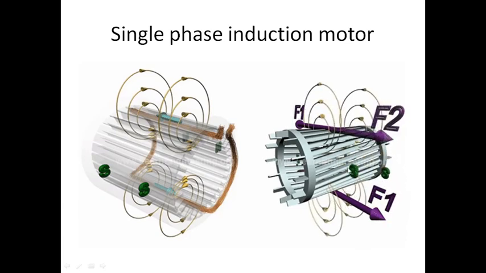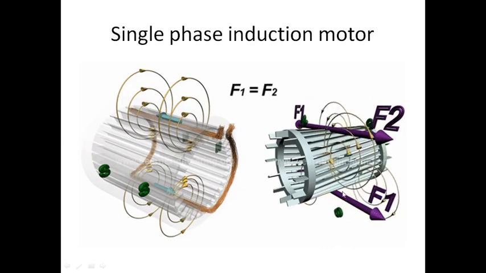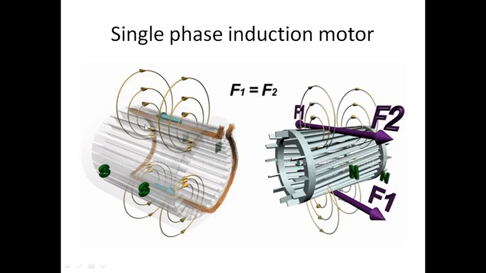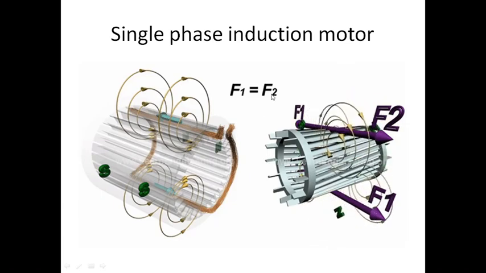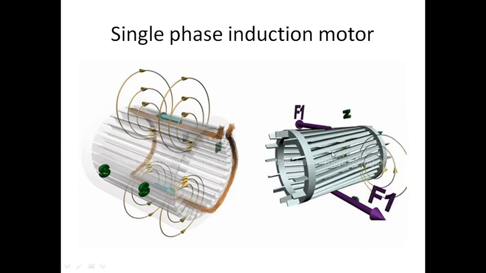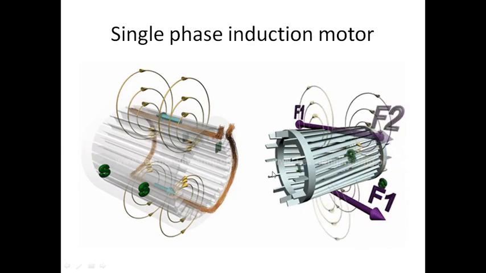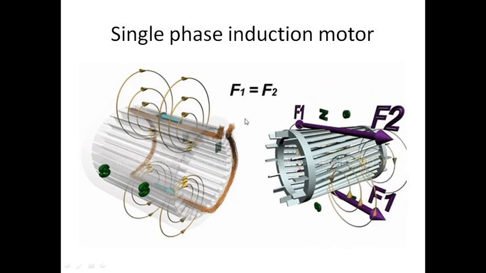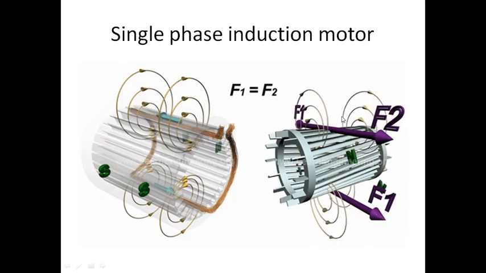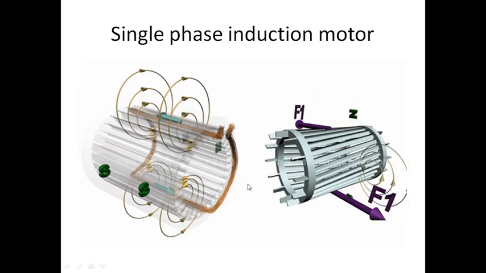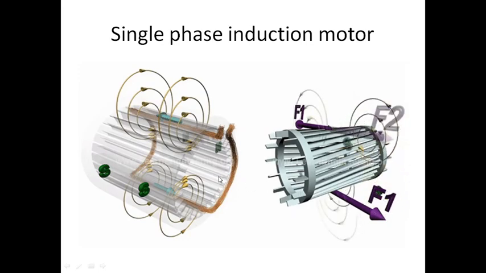And due to that, I am going to have a flux. This is Faraday's law of magnetic induction. Some kind of magnetic field is produced, right? From the stator, it is given to the rotor. Then the rotor is going to rotate. Again, it is going to have Lorentz force. Because of my Lorentz force, it is going to go in the opposite direction. So one is in the north position and the other one is in the south, meaning opposite direction. The amplitude will be the same, but the phase will be in the opposite direction.